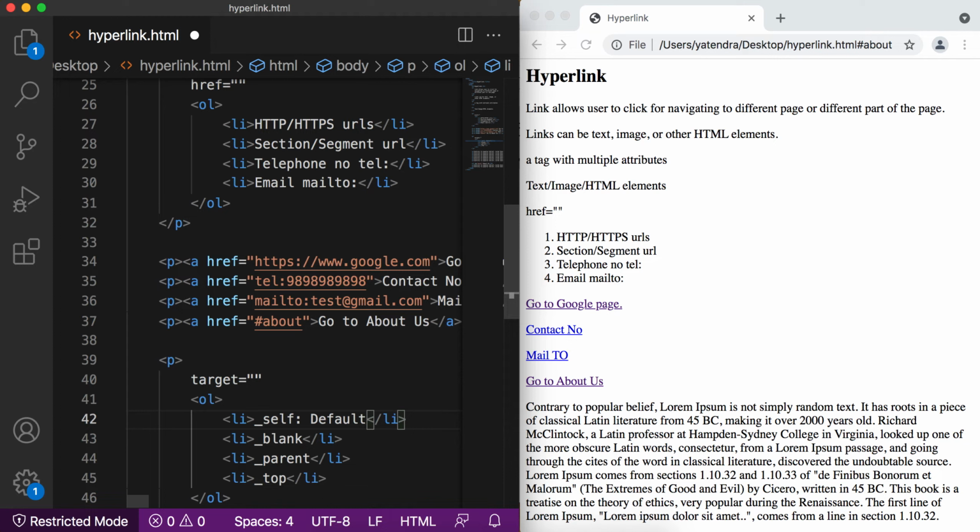The top value also opens the link in the top context hierarchy. If there is no hierarchy available, then the self and top attribute values work the same. So today we will discuss only self and blank, as we don't have much hierarchy in this page.